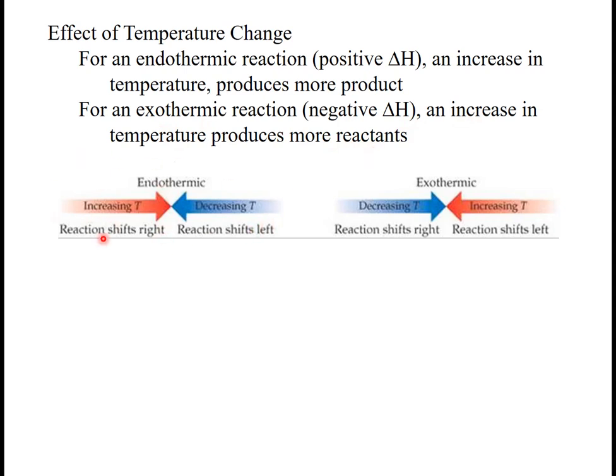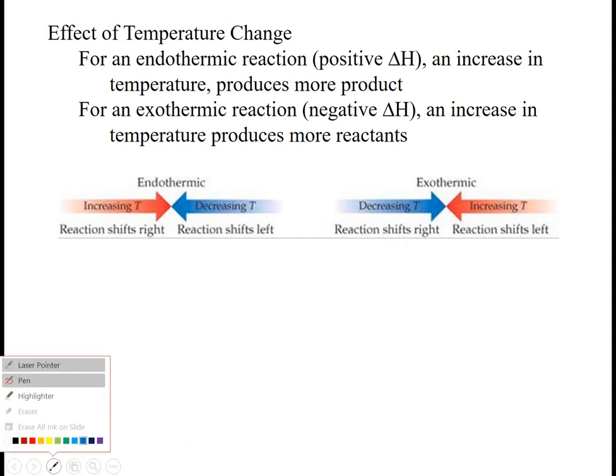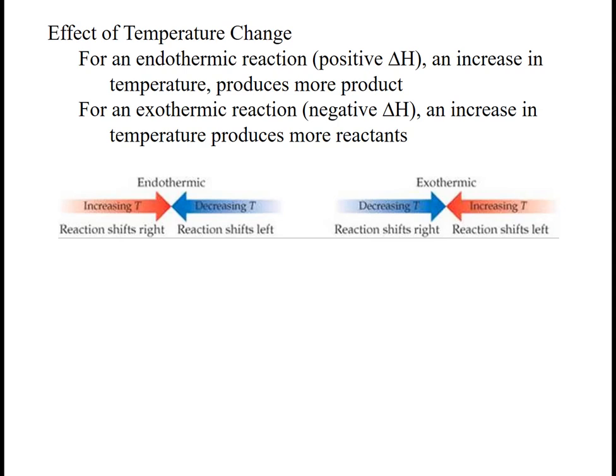So here's an image from the internet. For endothermic, if I increase T, it goes towards products. If I decrease the T, it goes towards reactants. For exothermic, it's just the opposite. And the way that I think about this instead is I go back to the very first one, of adding and removing products. Okay, so for endothermic,